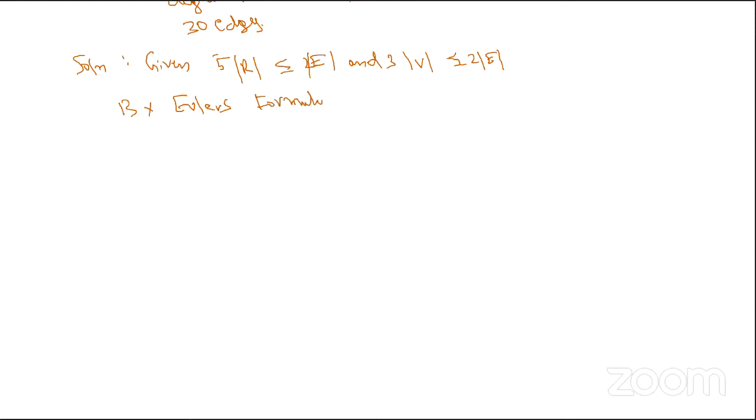By Euler's formula, mod V minus mod E plus mod R equals 2. Hence